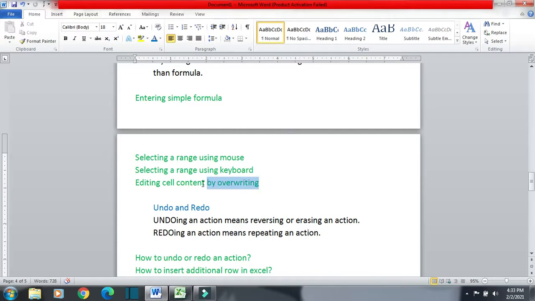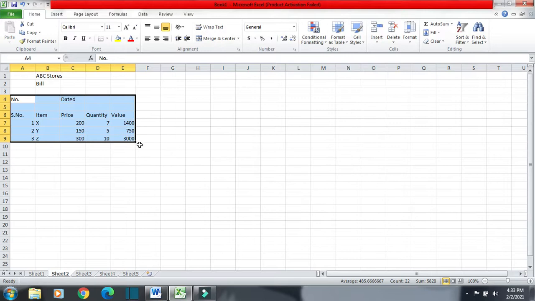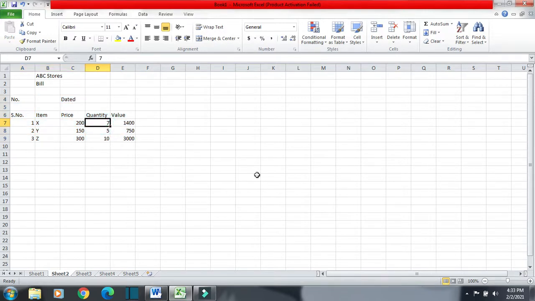Editing cell contents by overwriting. You can edit a cell content by overwriting also. Suppose we have a cell content here, 7 is written here. If you want to change the value from 7 to 25, you will just overtype. Just write 23 here and press enter. It will take the value 23.